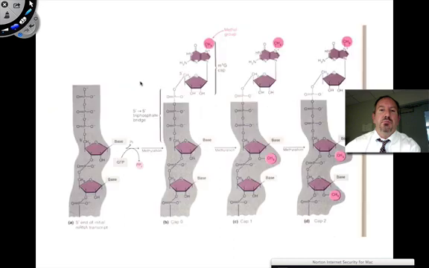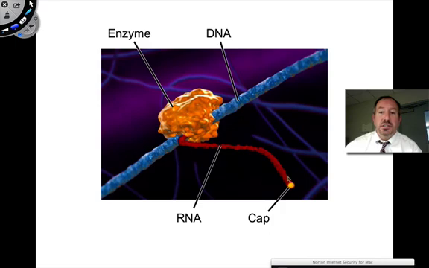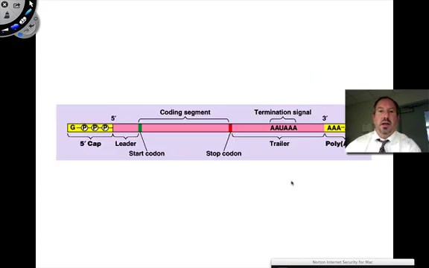So this 5' cap is attached, and here's a really detailed close-up: here's a nucleotide, here's the ribose, here's the guanine, and here's the methyl group. So this is at the 5' end of the molecule, the 5' cap. Here's a little animation of this. Here's the 5' side. This is RNA polymerase, and here is the cap being placed on the RNA. Not drawn to scale, because of course it's ridiculously large. Here's the gene, the start codon, the stop codon, and then here's the termination signal, which helps to stop